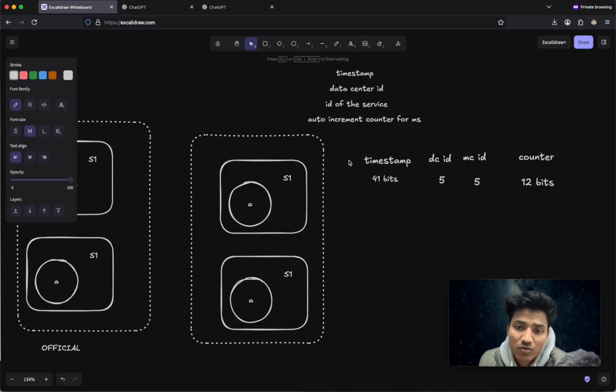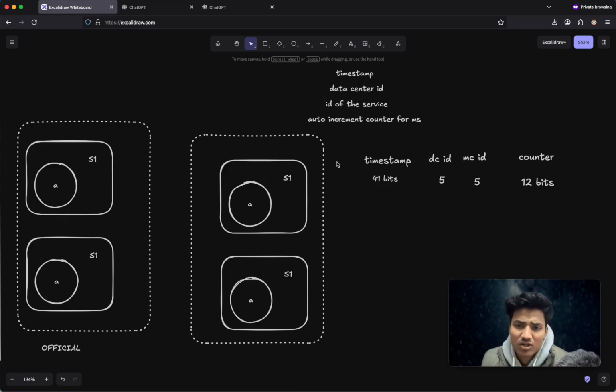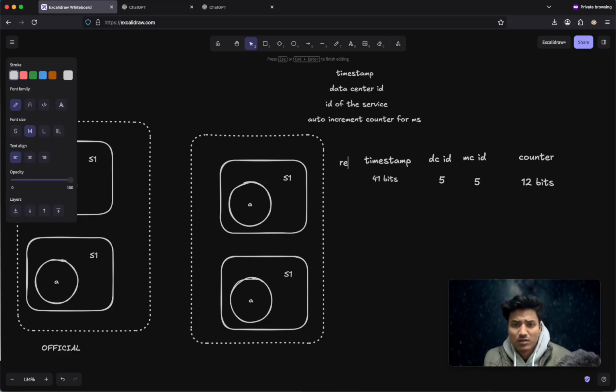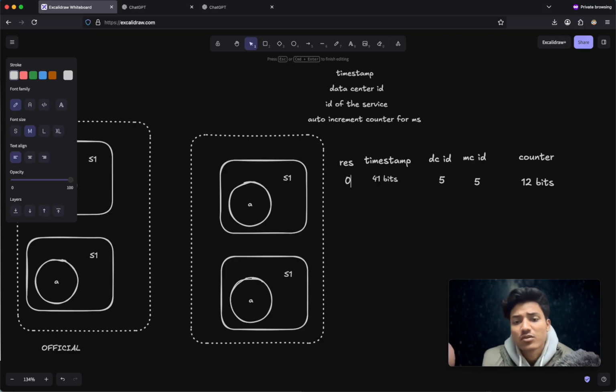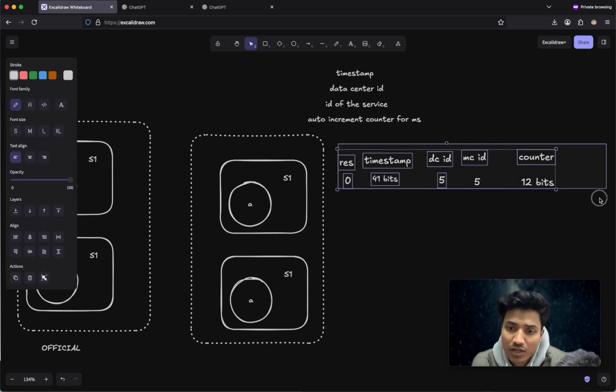There's one more bit, they call it the reserved bit, which is basically 0. They can use it later for future use, maybe thinking of it as a signed bit versus an unsigned bit. Generally there's a notion of signed and unsigned bits in binary numbers, so they just made one extra bit for a future buffer. And this was the whole architecture of how